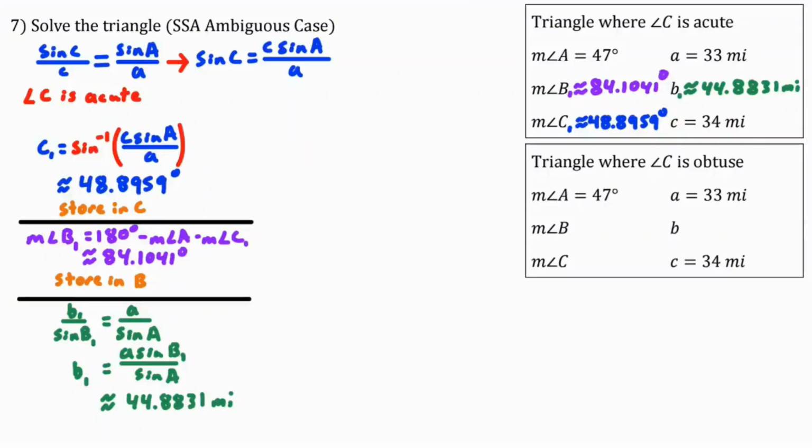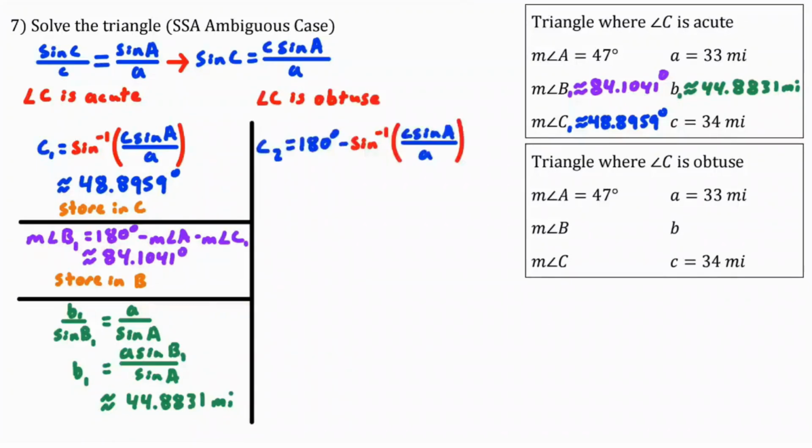All three angles add to 180 degrees. The smallest angle, which is angle A, should correspond to the shortest side, side a. The middle angle, which is angle C, should correspond to the middle side, which is side c. And the largest angle, angle B, should correspond to the longest side, side b. So this checks off. Next, we need to solve for the second triangle, and that is where angle C is